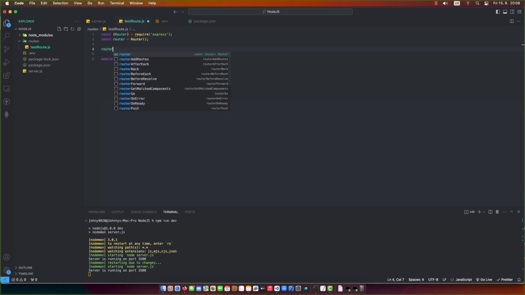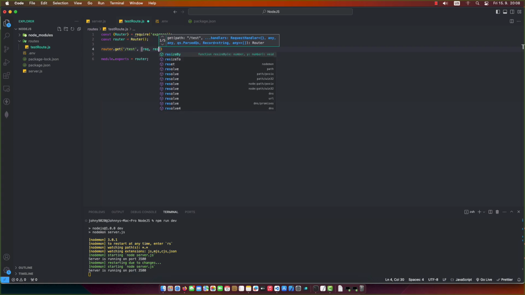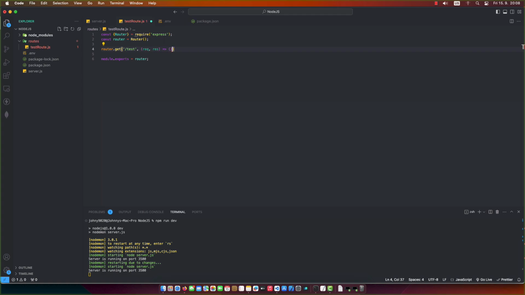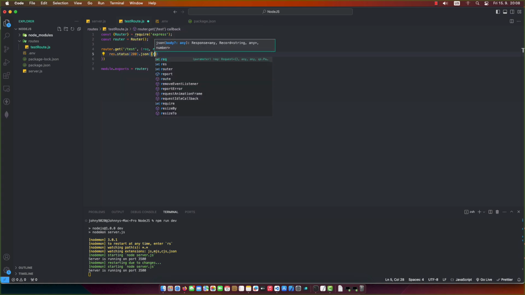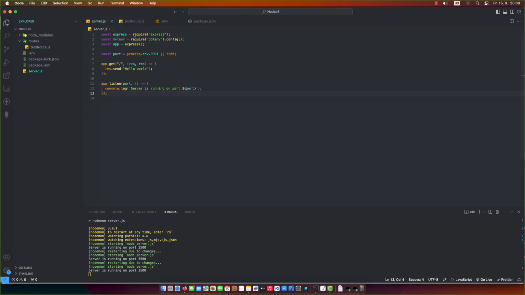Now we're going to do router.get, let's do test, request and response. Let's send back a status of 200 with JSON, sending back a response saying we got a response from a RESTful API, like so. Go back into server.js, above our app.get, write in